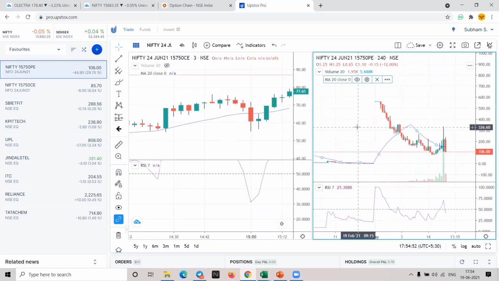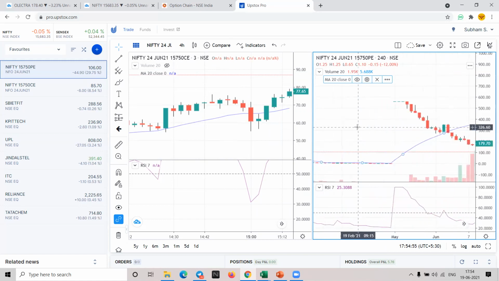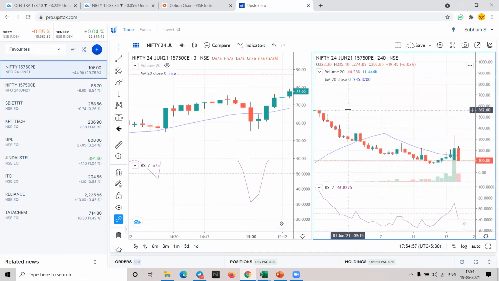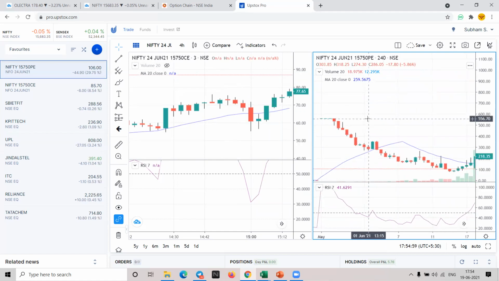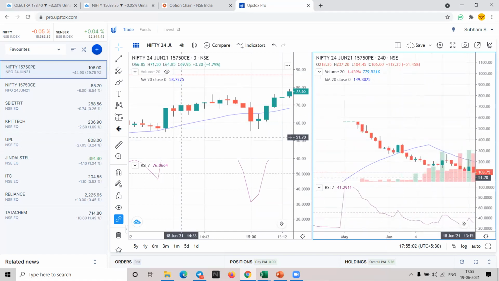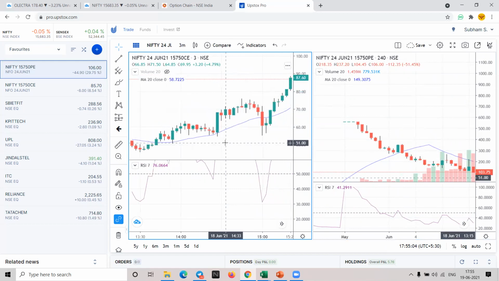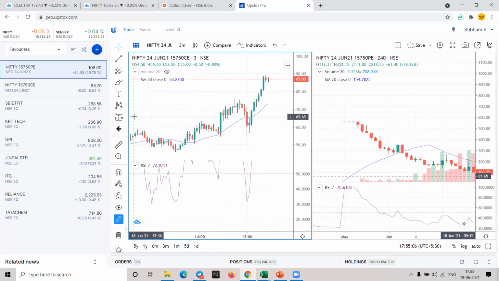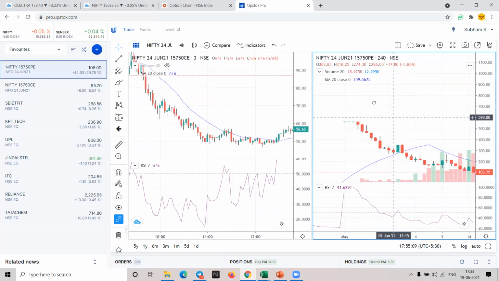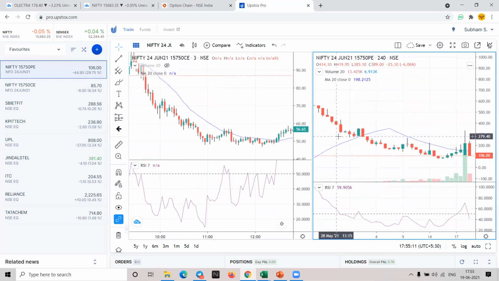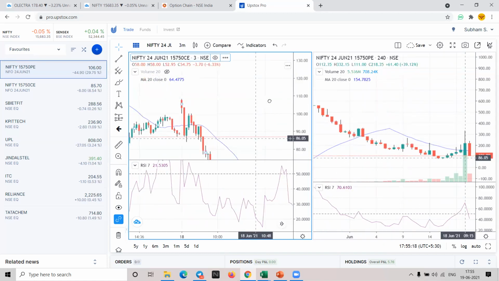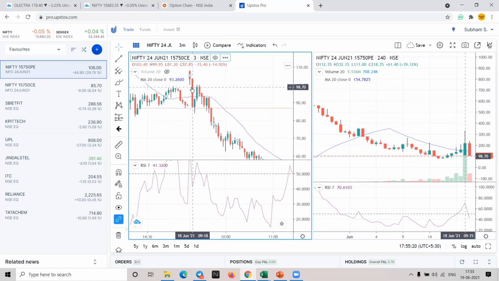Okay, so if you just look at here now, one side we have call, one side we have put. Wherever you are getting a block candle, you can take entry, considering the fact that this moving average is with you. In this case, in the morning, this was a bearish block candle, right? Yes, so you can sell it here.